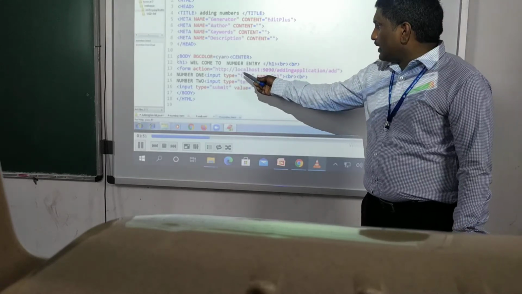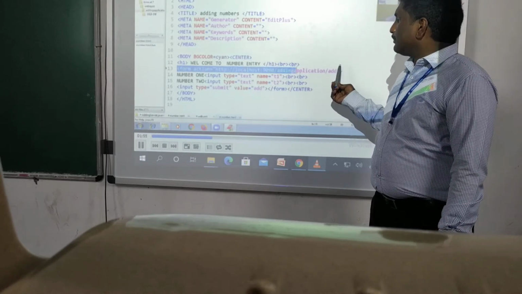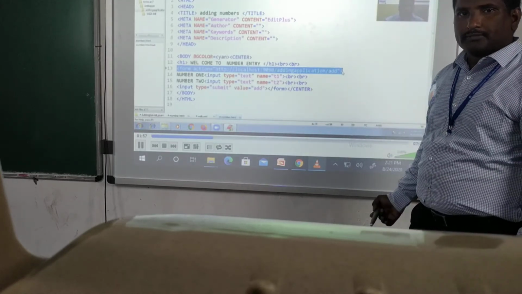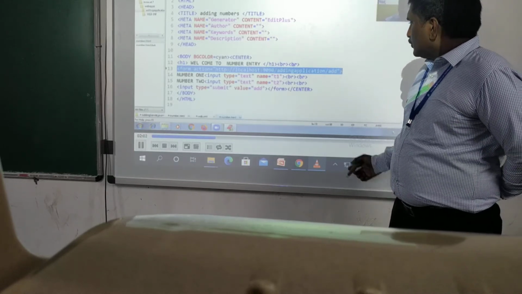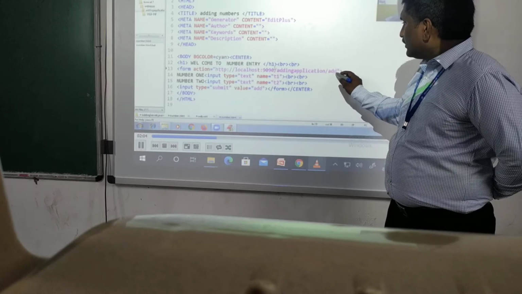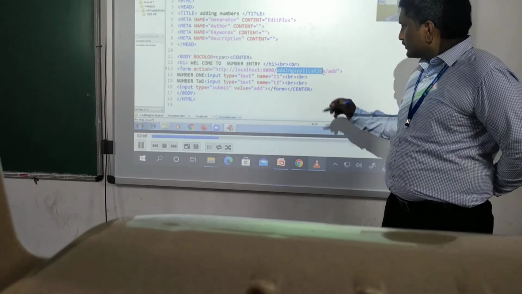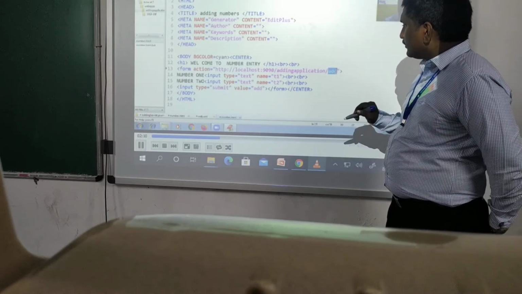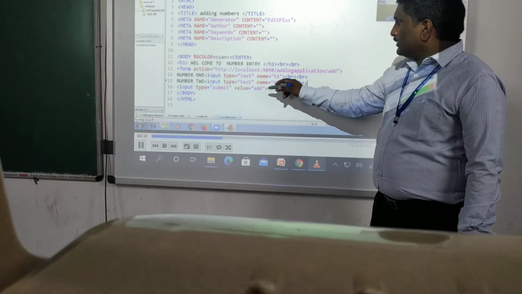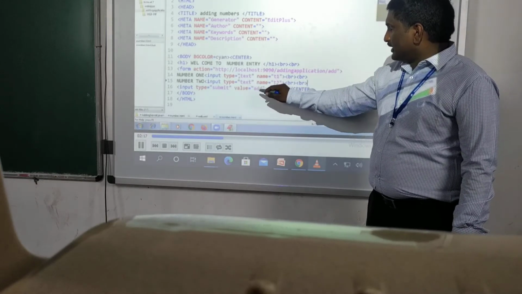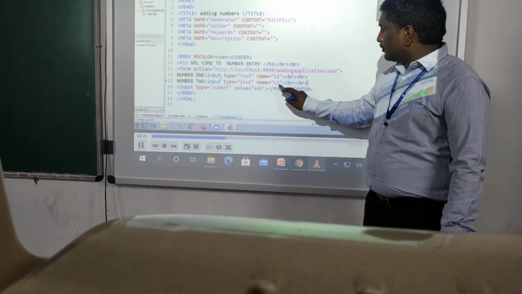I told you the form action is http://localhost:9090/addingapplication/add. We need to remember this add, the public URL name. And this is the input: the type is text, name equal to T1, and another input, the type is text and name equal to T2.